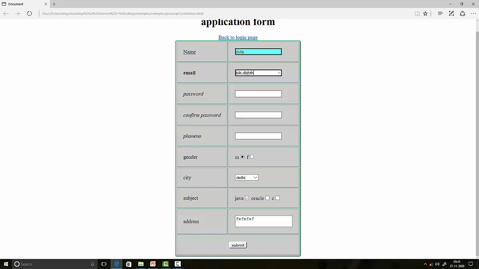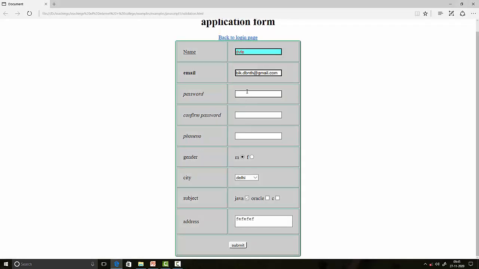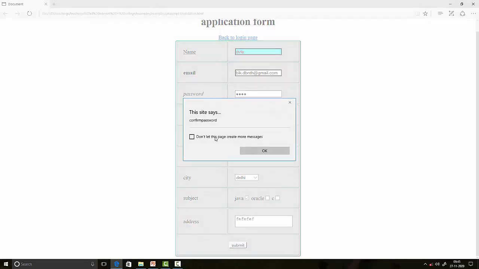If I put the email as gmail.com and do not put the password, it will say fill password. If I put the password as 1 2 3 4, and here I put 1 2 3, then the password will not match, because here password is given and confirm password is given. So the confirm password does not match.